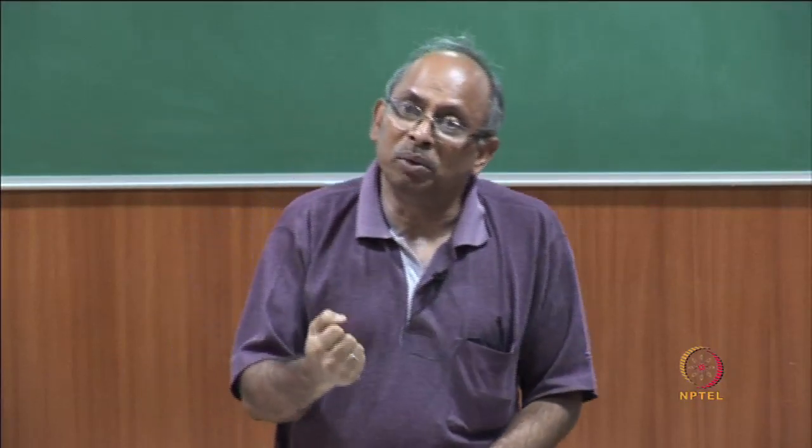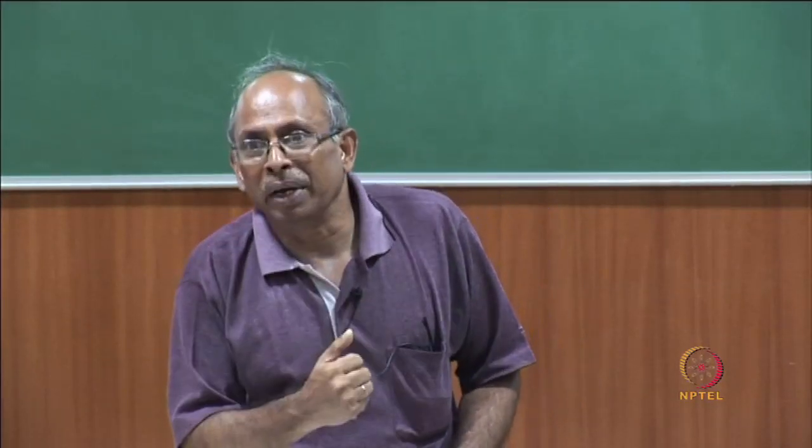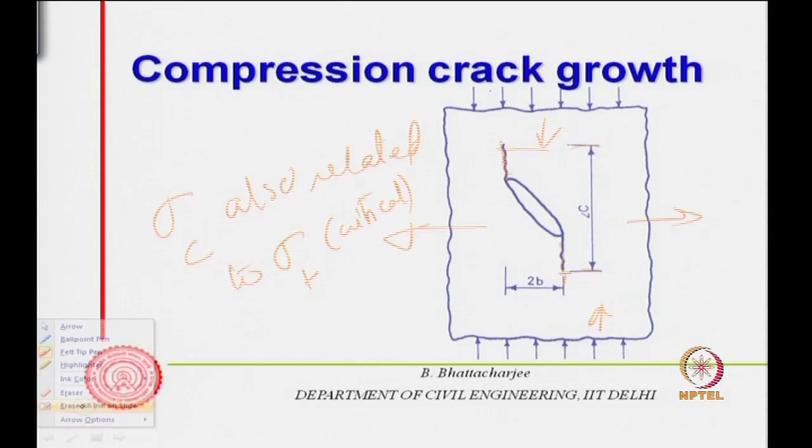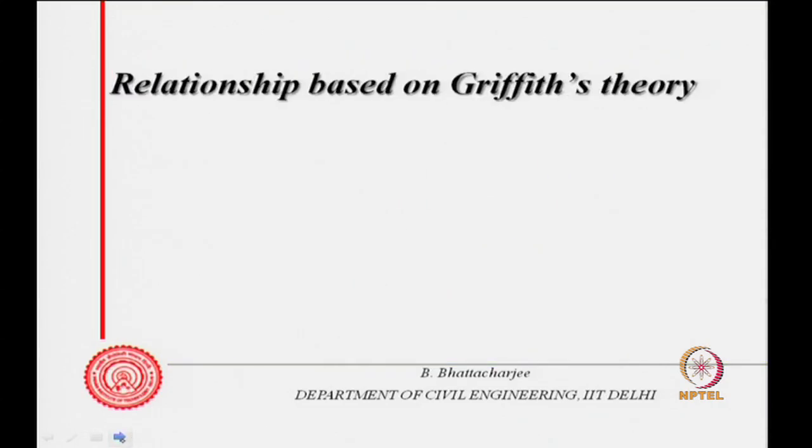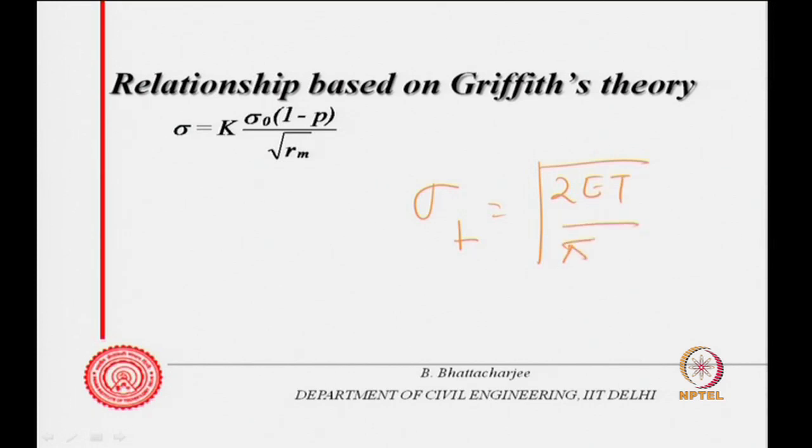Now, concrete under compression also fails in tension in the transverse direction, and that is what we have just looked into. So, we will follow it up further. Crack growth in compression due to transverse tension is what is most important to understand. If we look at the previous one, sigma t was something like the square root of 2 E T divided by pi into C, where C is the half crack width,